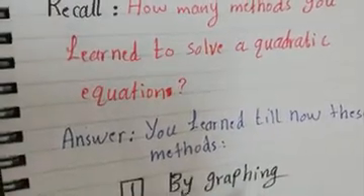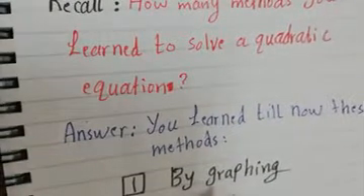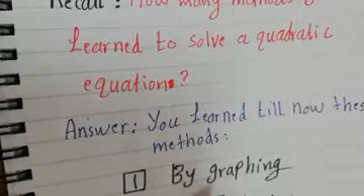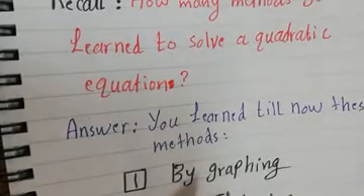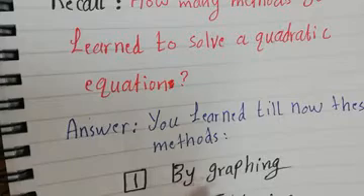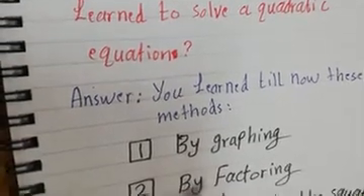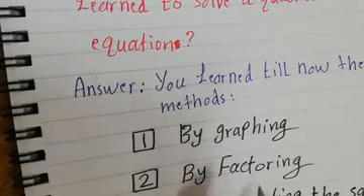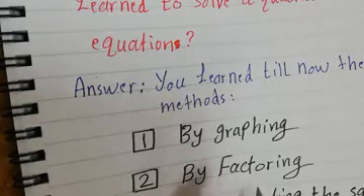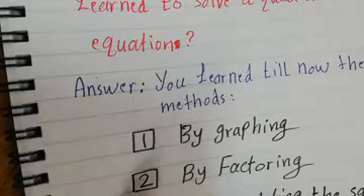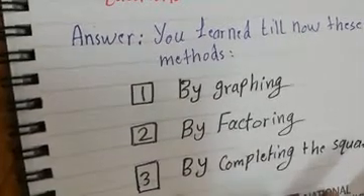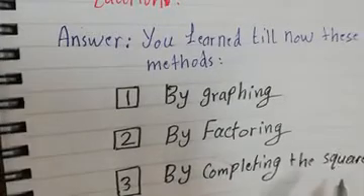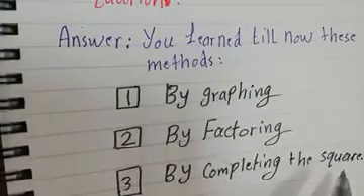The first method, by graphing: to graph the parabola and to find the point of intersection with the x-axis, if there is. And the second method, by factoring, whether by the AC method or tic-tac-toe method or lazy AC method or slide and divide, but all of them are by factoring. And the third method is by completing the square, which is the last lesson we took,